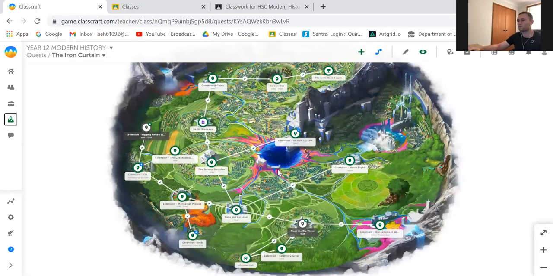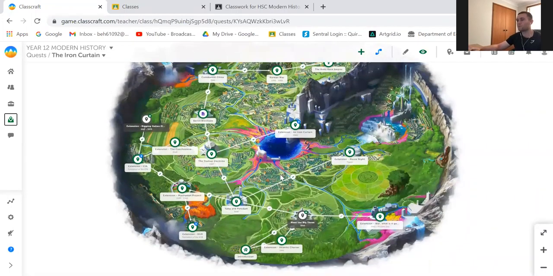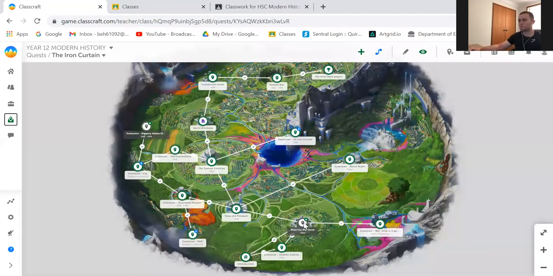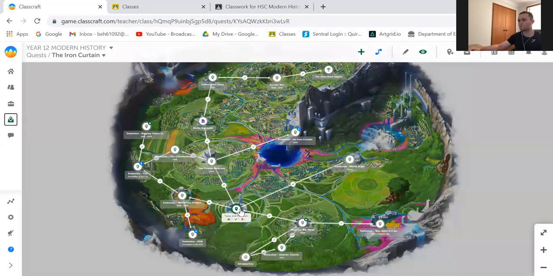And this is what it looks like. I think it's a really cool way to show off our history topics. I think what kids mostly do when they're trying to perceive our history topics is they think that it's all linear, that it's just this thing happened and this thing happened and this thing happened, and then they're stuck in this very narrative impression of history. Here, it's set out like a web,